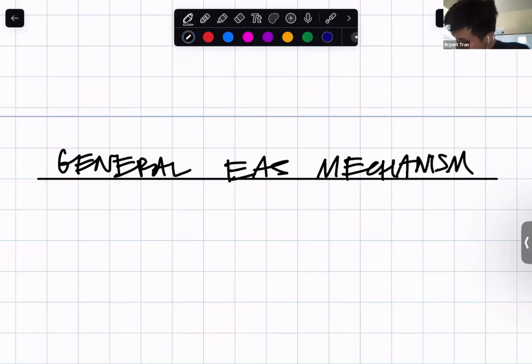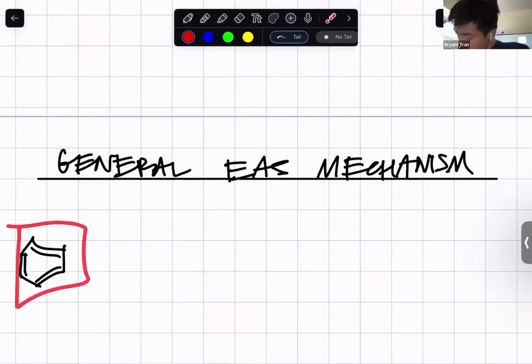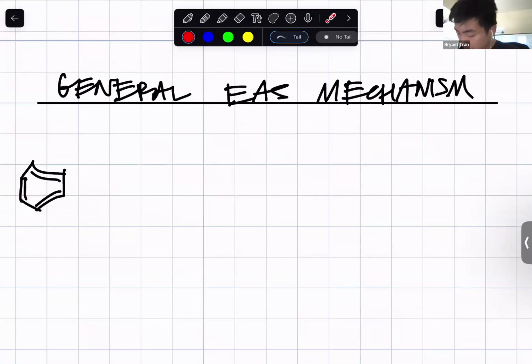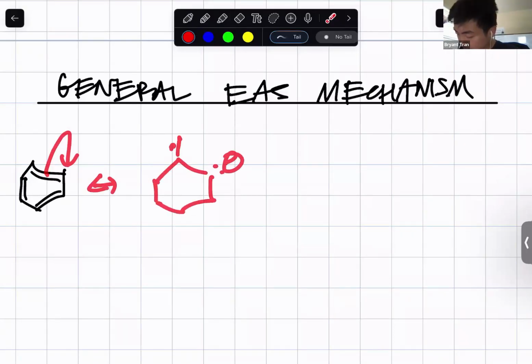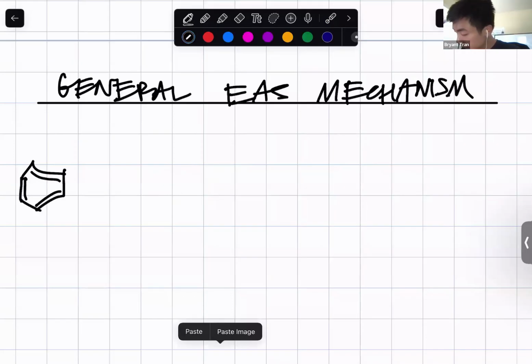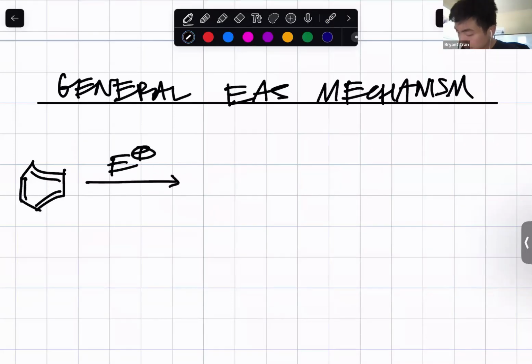Benzene here will be our nucleophile, where any carbon of this benzene can be the nucleophile because there are pi bonds all around these carbons. And when you draw the resonance structure like that, we see that one of the carbons can have a pair of electrons, which can act as a nucleophile and attack an electrophile. So let's say an electrophile was already formed after the first step, and we use this starred carbon as the nucleophile. That nucleophilic carbon is going to attack the electrophile and give us